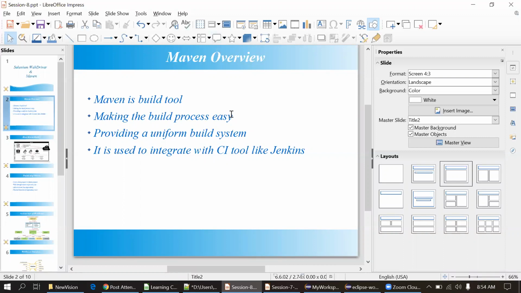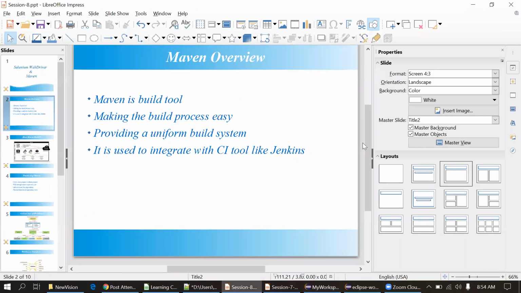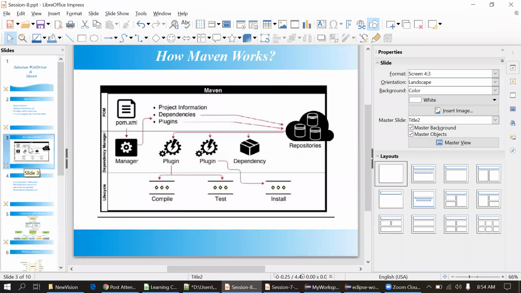In Maven, we also get the documentation. It is not used from the testing perspective, but developers use that feature. Documentation means, suppose you provide some information about a method or a class, it will automatically get stored in documentation, and that can be published as information of that software or application. We are not using that feature here on the testing side. So this is how Maven works.